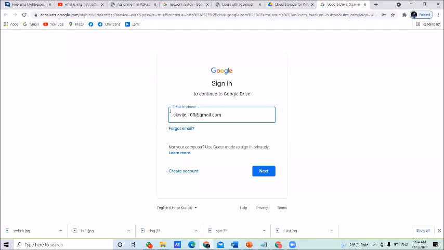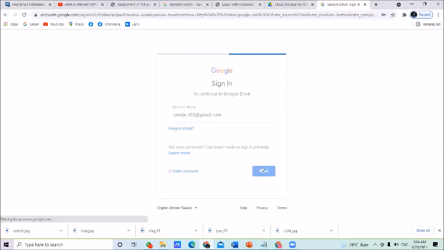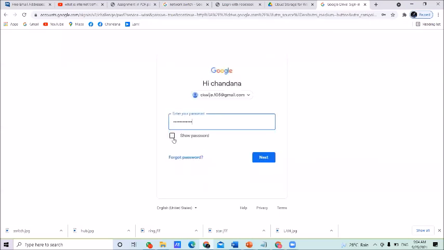Right. First you give your email address here, then click on the next button. Right. Then they are asking for the password. Now click on the next button here.